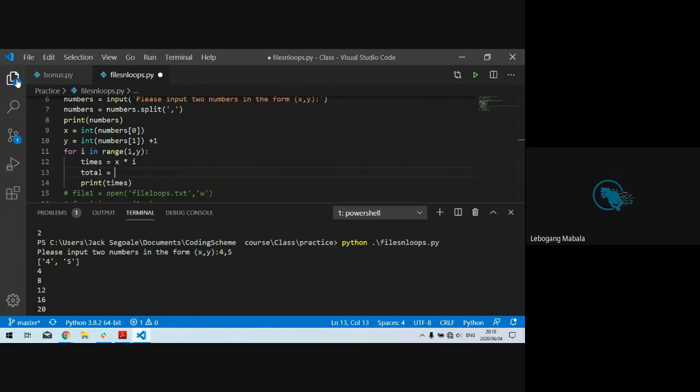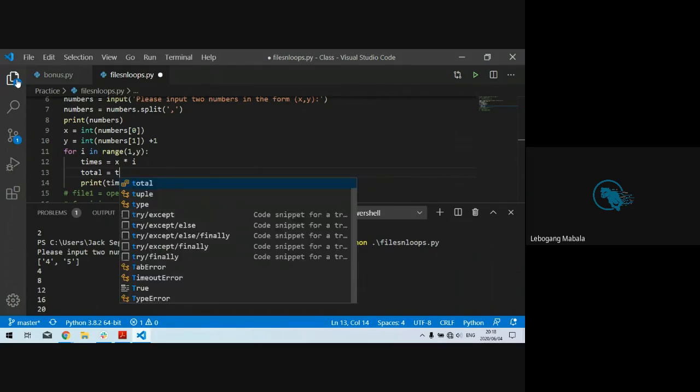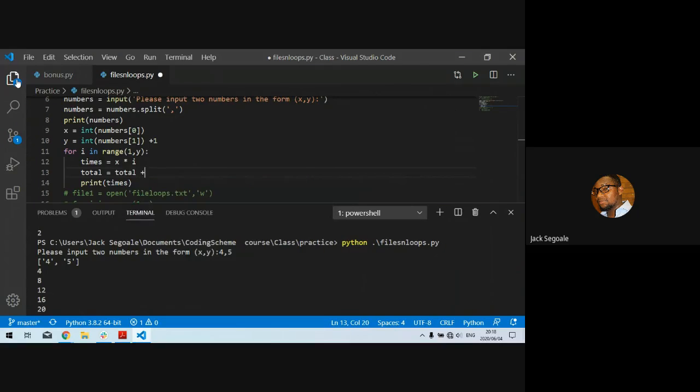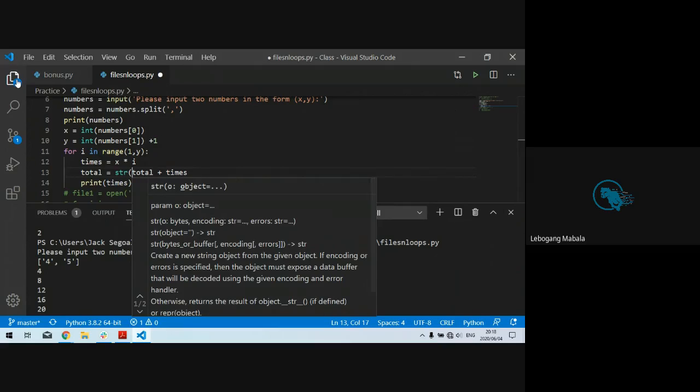Okay. So total equals total plus times, right? That's what it would be. Yeah, but this will add the numbers. Yes, but that just means that the types are wrong, right? Your total. So let's say what? No. Wait. Before you do that,